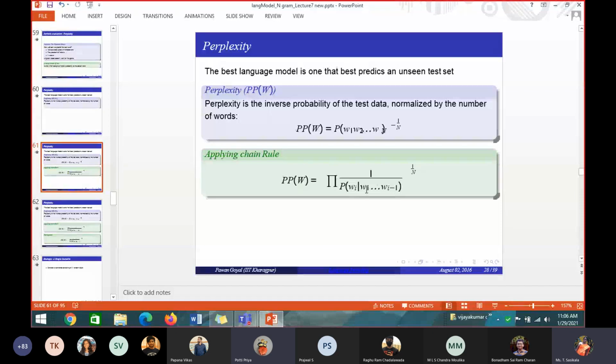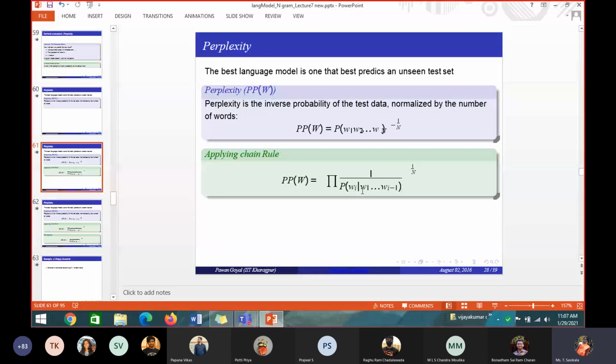So instead of W1, all the words from the first word to the last word, what will it be here? Wi given the previous word. The previous word will be what? How will it be written? If i is the next word, the previous word will be W i minus 1. Yes or no? If the next word is i, the previous word will be what? i minus 1. Wi given Wi minus 1, that is for bigrams.